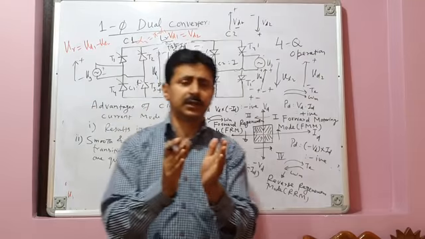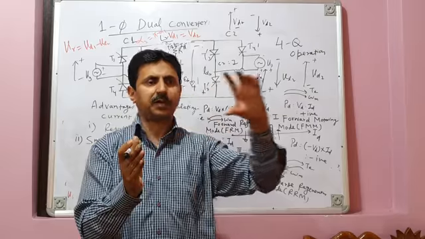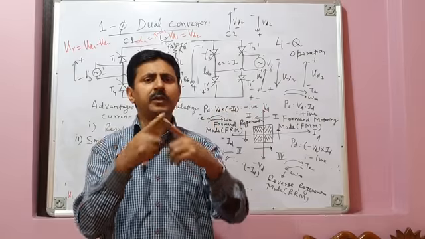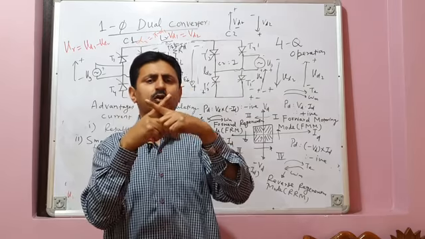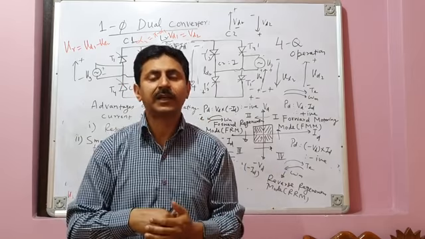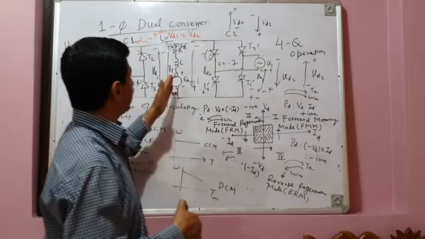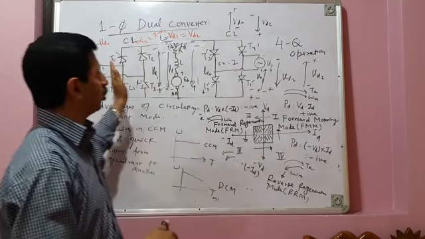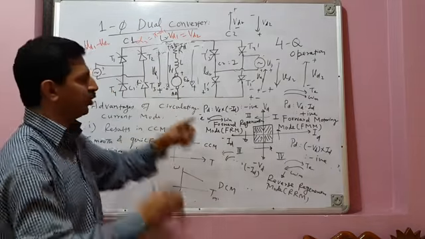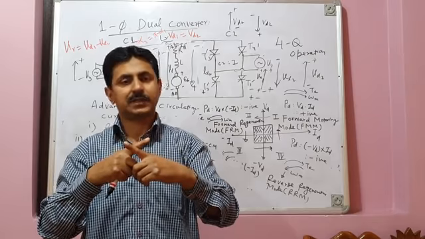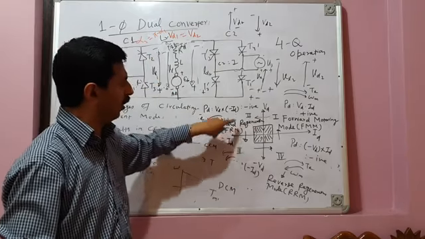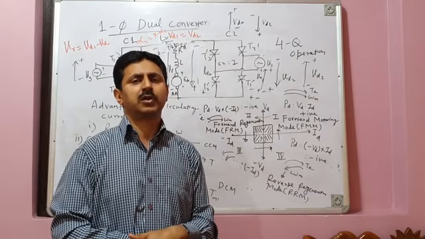So the problem with a DC motor fed by a full converter was that for regenerative braking, for inversion mode of operation, you have to flip either field terminals or armature terminals, which is not practicable. So if you want to avoid that, you feed your DC motor, your load, through two back-to-back converters, which is called a dual converter. And in this dual converter, you have seen, you don't need to reverse the armature terminals or field terminals. That's not required at all. And the machine is capable of operating in all four quadrants. It gives four-quadrant operation of DC machine.